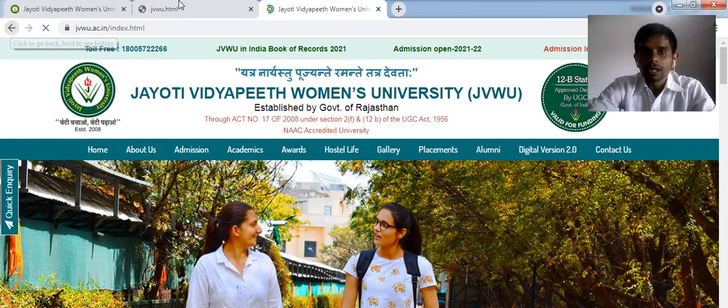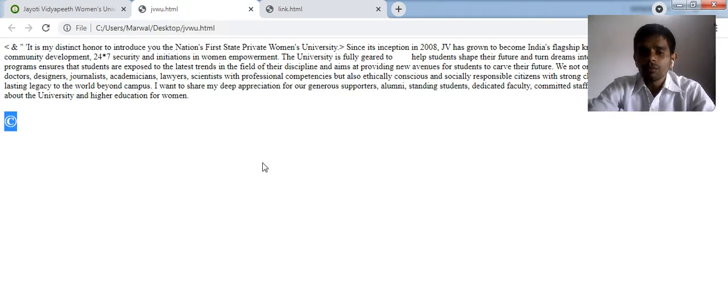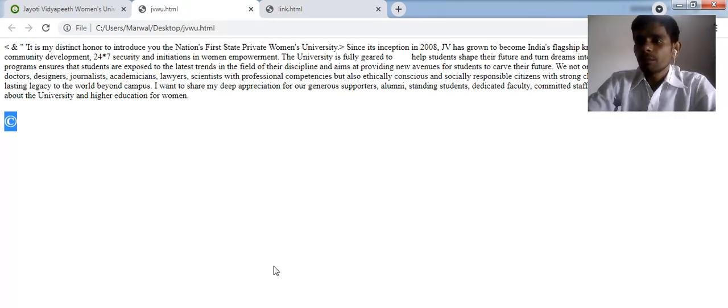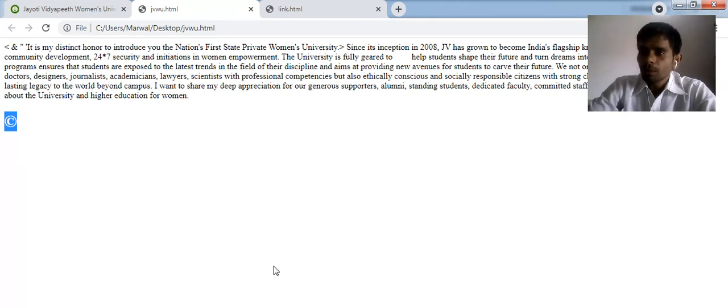Suppose I have a lot of alternatives for performing a click event or a link. It means we are able to give a particular link to an image, to text, to a button. It means we can move from one page to another page with the help of the anchor tag, in which we can use an image, text as well as a button as well as a title.